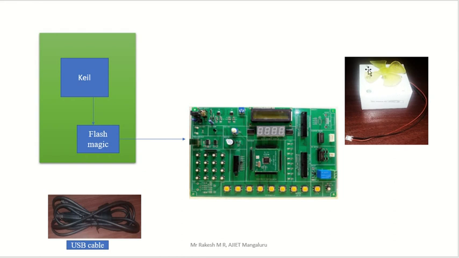That's why, after clockwise rotation, you have to go for anti-clockwise only by first stopping the rotation. Then this fan will stop, then press the anti-clockwise rotation direction. The fan, or motor, will rotate in the anti-clockwise direction. So this is the operation we are going to see with the DC motor.